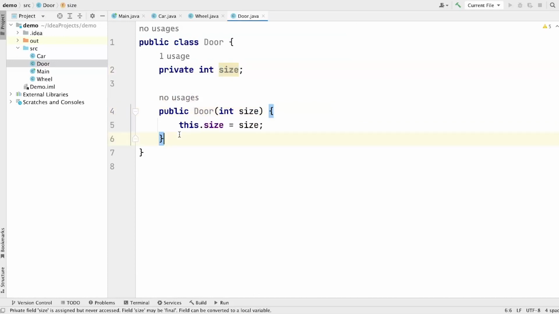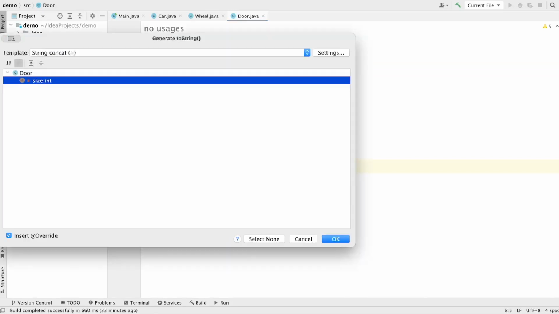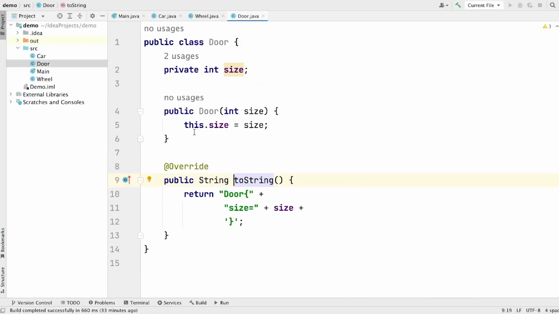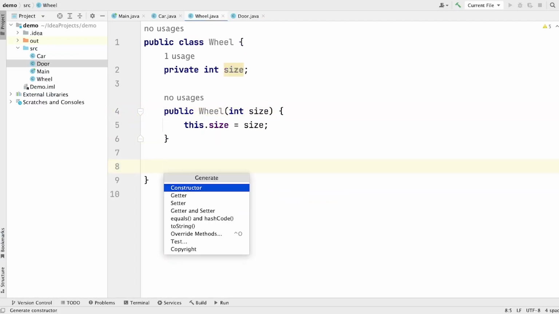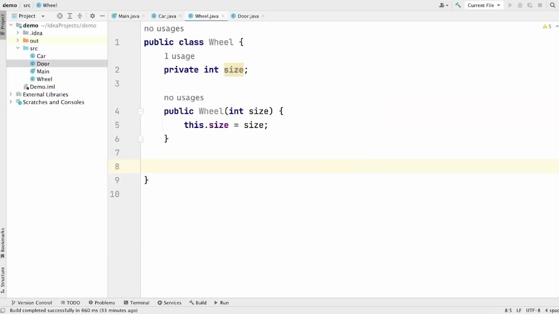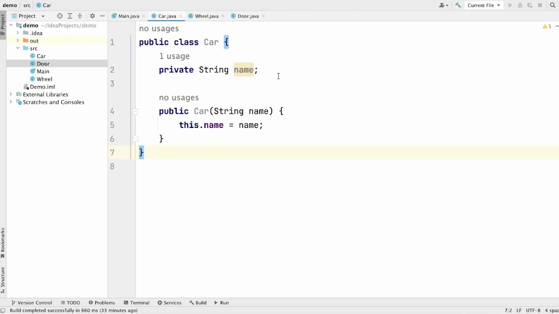Now it's also better to override the toString method of this class, so that we can print the string representation of this object. Similarly, let's do it here also. So by now our Wheel and Door classes are ready, and we can now use the Wheel and Door classes inside